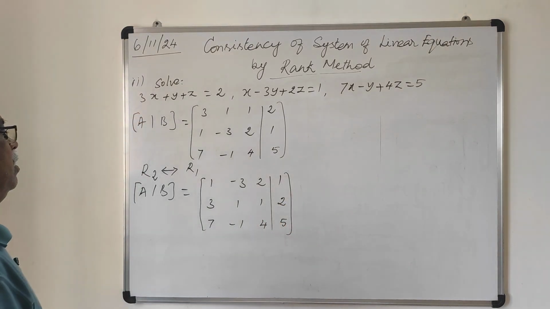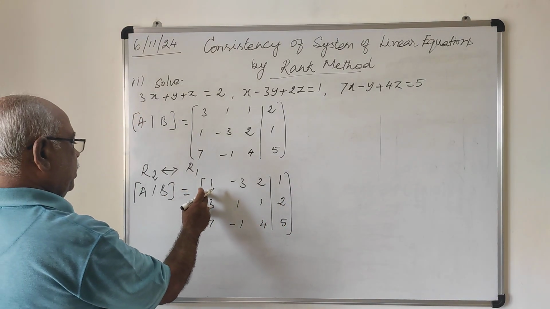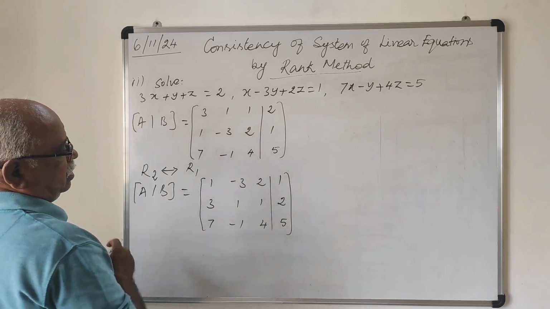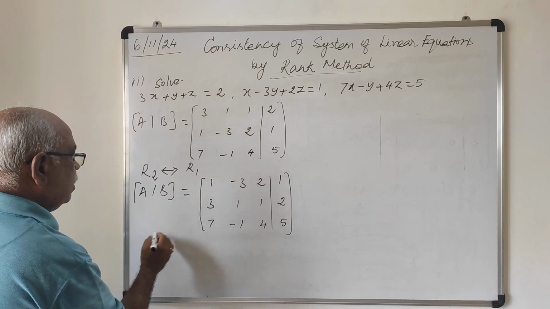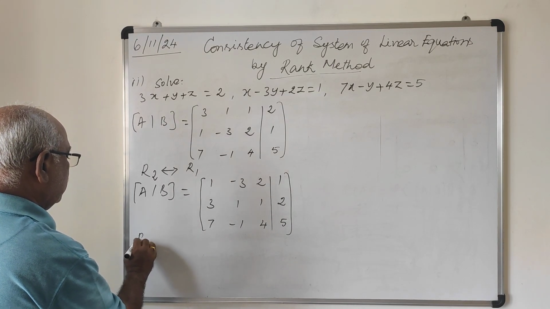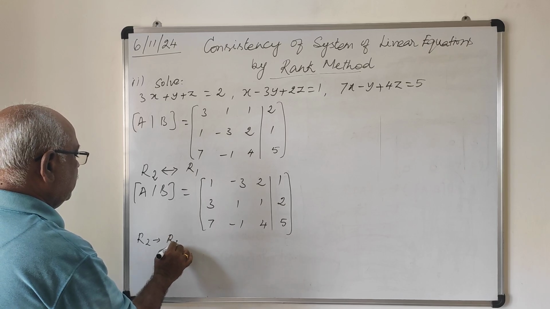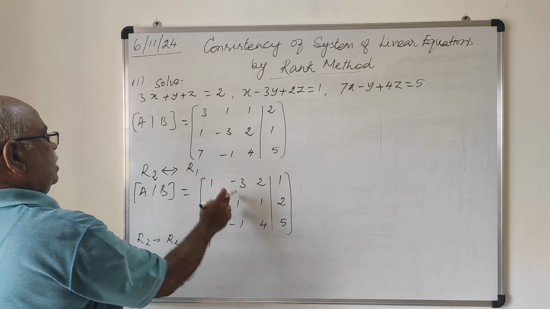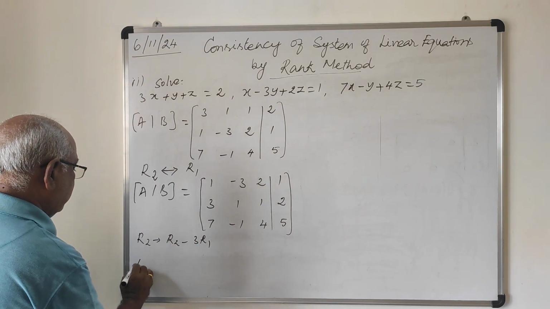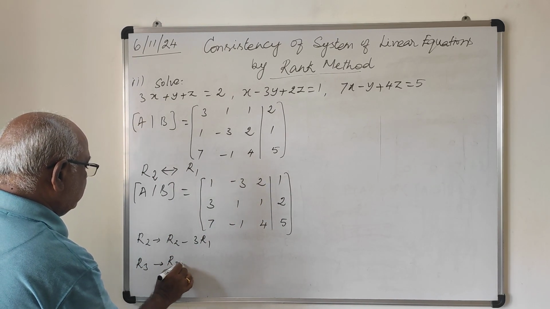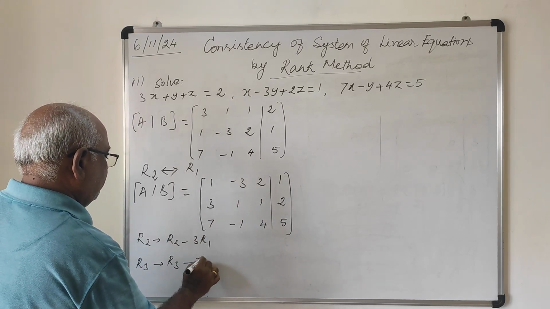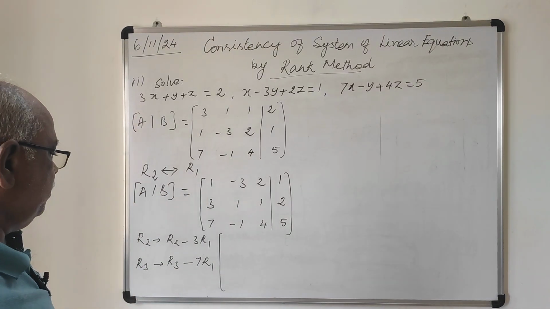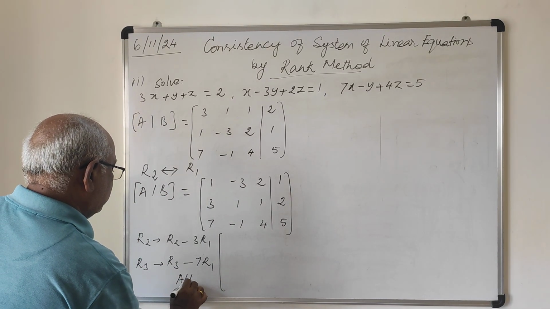From this, to convert the second row's first element to 0, you will get R2 as R2 minus 3R1, as in the previous problem. Similarly, R3 is R3 minus 7R1. Giving these two operations in the augmented matrix AB, the augmented matrix AB becomes